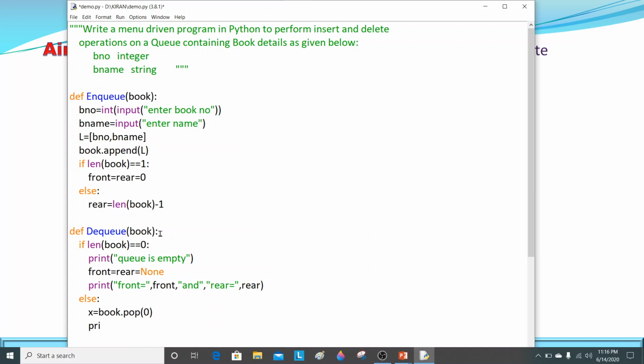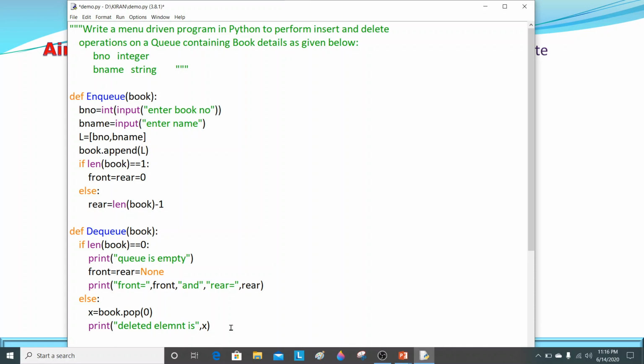Now this deleted element can be displayed because the pop function returns the deleted element. So I am writing here deleted element is, and I am printing the value of x.